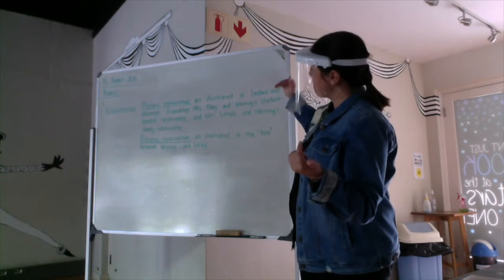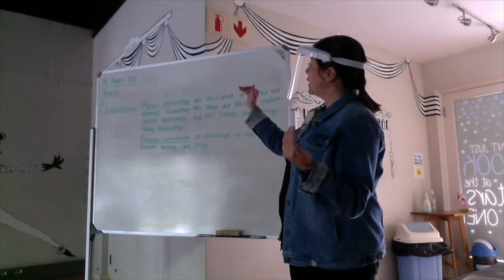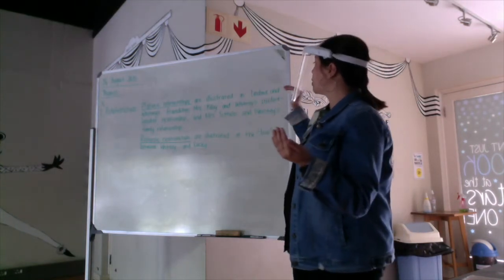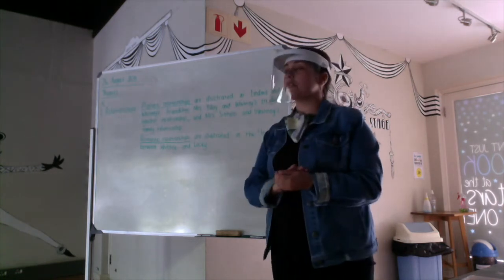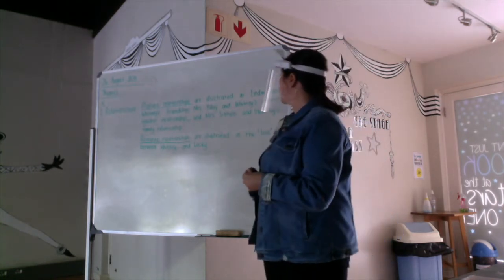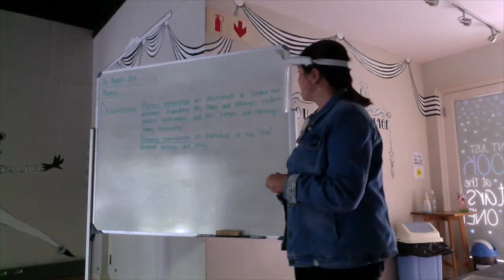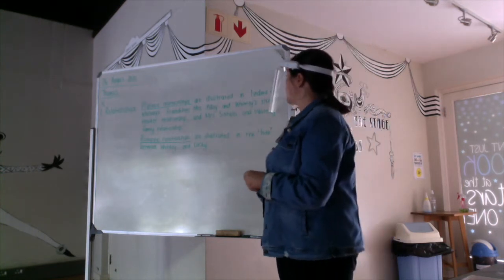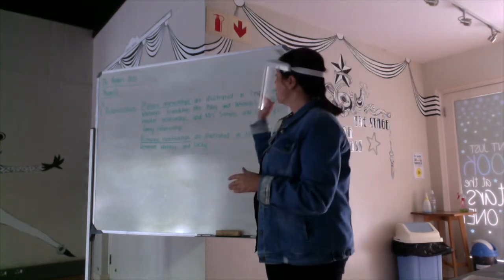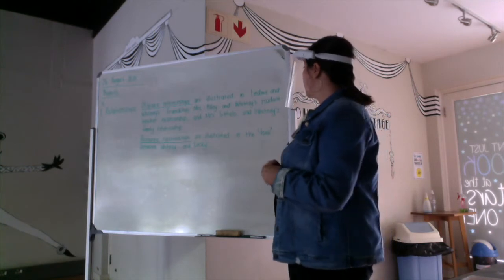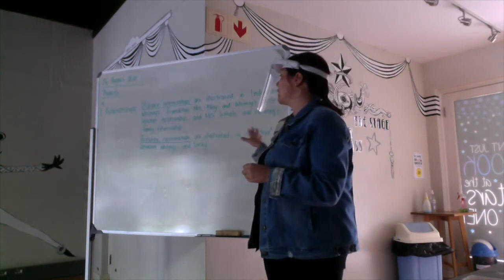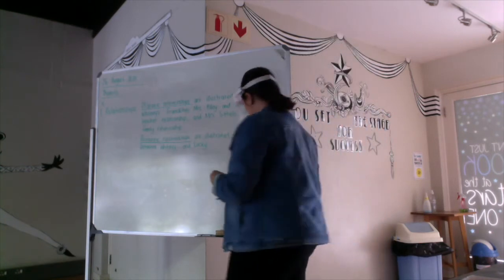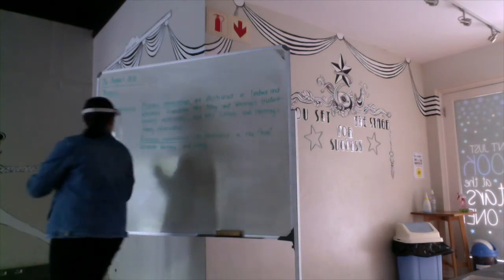Okay? So, relationships. Platonic relationships are illustrated in Lindiwe and Whitney's friendship, Mrs. Pillay and Whitney's student-teacher relationship, and Mrs. Sotelo and Whitney's family relationship. Romantic relationships are illustrated in the love between Whitney and Lucky. Then we'll leave a line and we're going to look at our second theme.